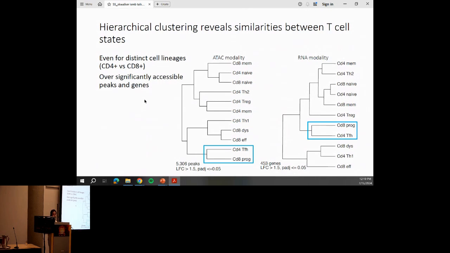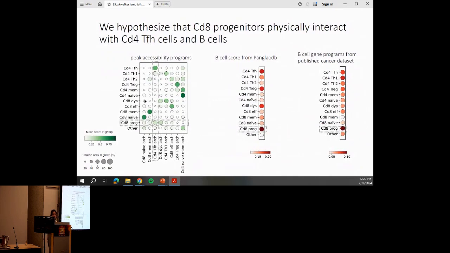We're very interested in this finding because we think these cell types are very interesting. These TFH cells are known to interact with B cells. In fact, many of their marker genes were originally discovered in B cells. And the CD8 progenitors are this clinically relevant stem cell-like population that are known to respond to immunotherapies and improve cancer patient survival. And so we've used archetypal analysis as a way to show that these share a sort of